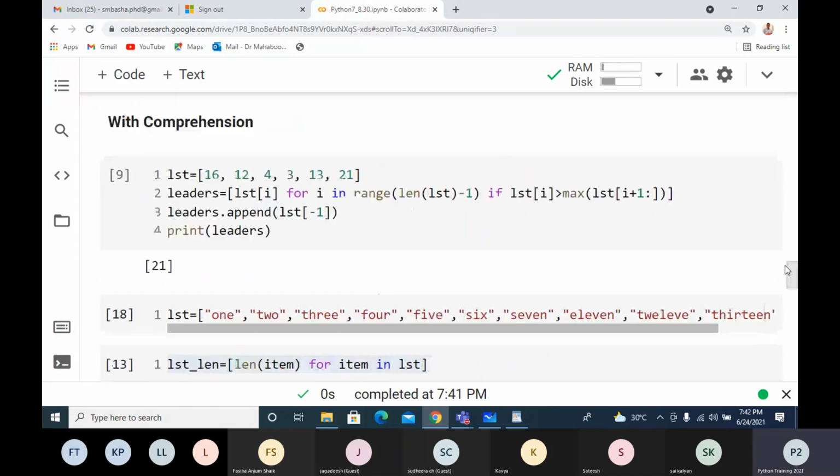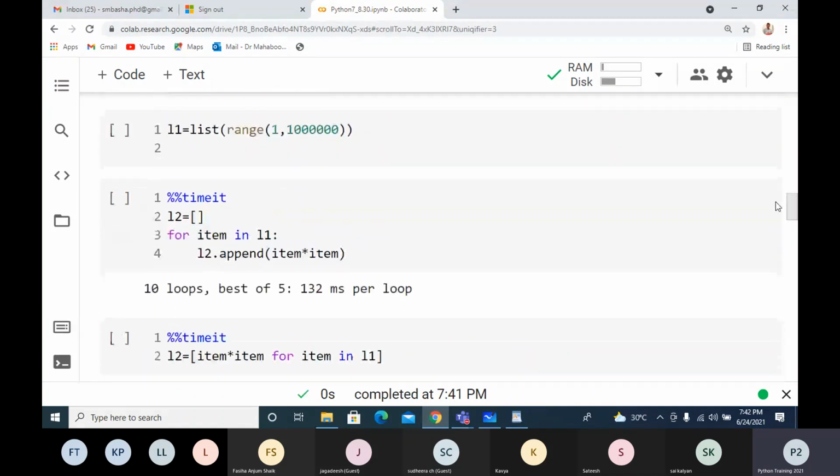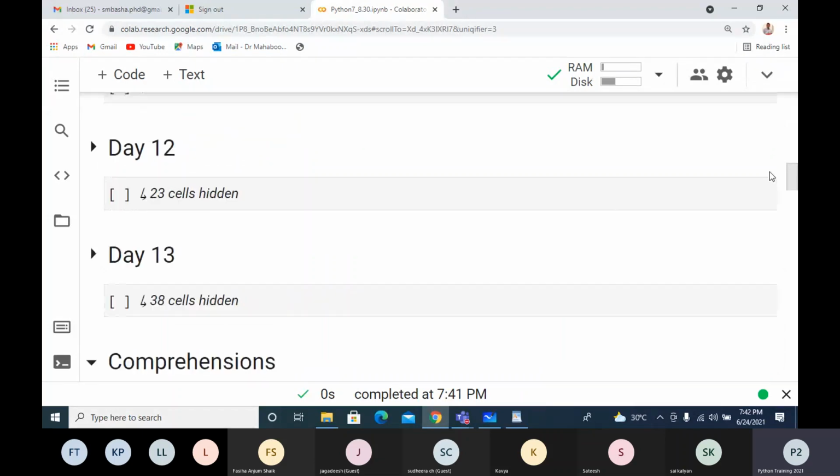So I'll go back to the state capitals which I have created. We'll see here. I think it is available here.